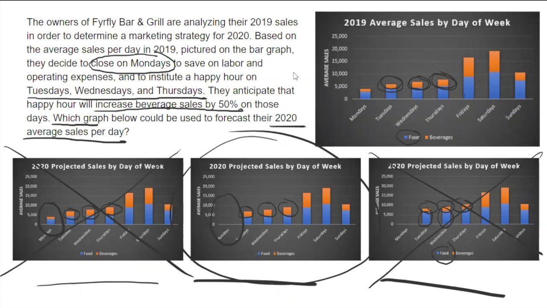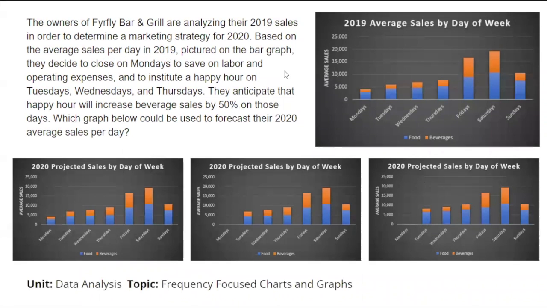Nice job. Okie dokie. Well, this was a lot of graph reading skills and close reading skills as well. So we're looking at reading comprehension plus graphs here. And that's why when students say, what things should I study for the test? I'm like, it's not a list of things that you need to study. You've got to be a reader and you've got to be a reasoner. If you're not a close reader, you're going to get tricked by the GED over and over and over again. This is a really good example of GED style. And this is the topic of data